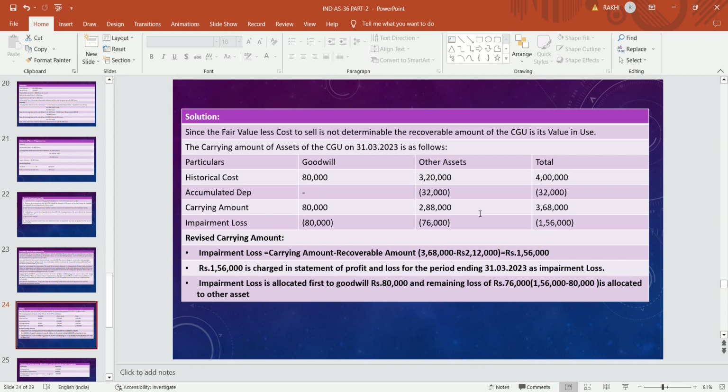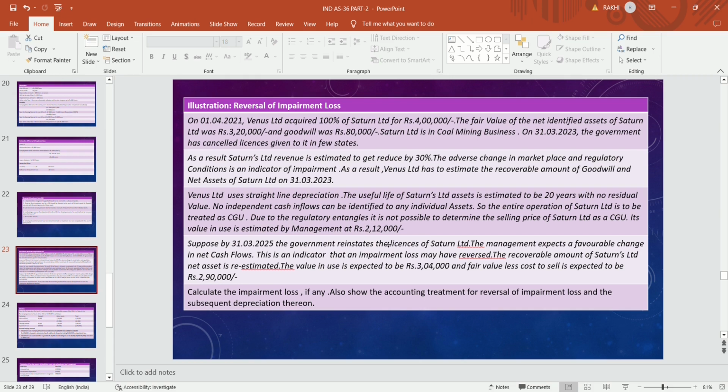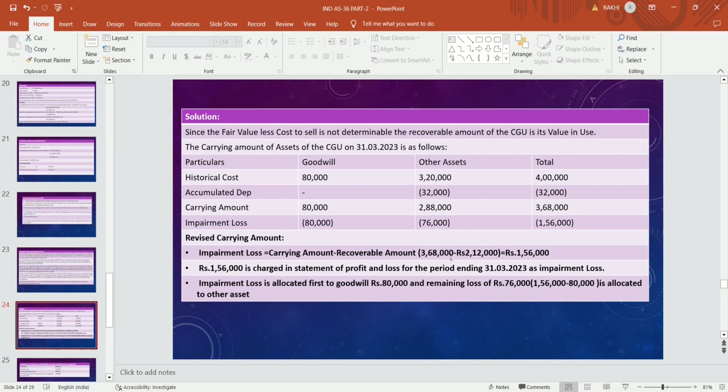Now how much will be the impairment loss? Firstly, we will find out the impairment loss. Impairment loss is carrying amount minus recoverable amount. As we know, the carrying amount is 3,68,000 and the recoverable amount is estimated by the management, that is 2,12,000 as on 31st March 2023. So the impairment loss will be the difference between 3,68,000 minus 2,12,000, that becomes 1,56,000,